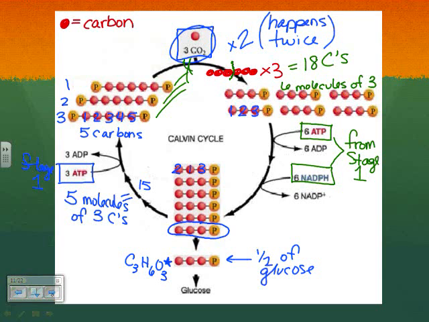Lost anybody yet? So we've got half of a glucose, but we've only used half of our CO2s. So we're going to do the whole process a second time to get the second half of the molecule. Then those 2 halves can combine and make the whole. Make sense? So if we go through,